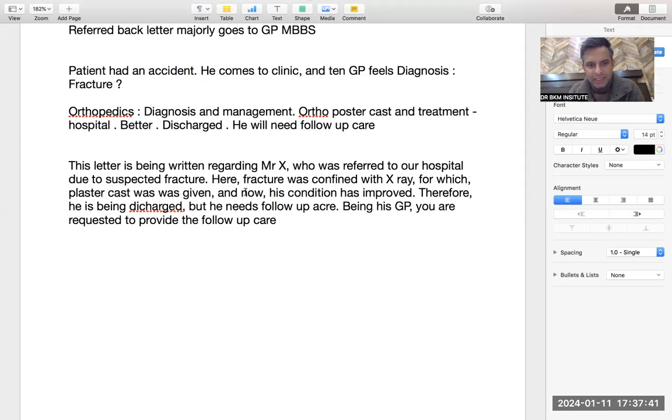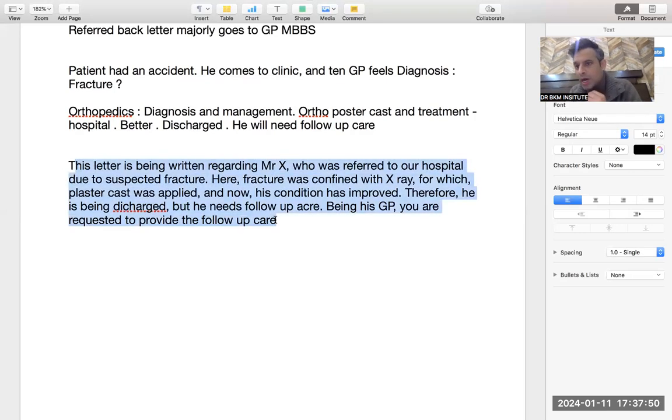So this is the main thing that I want to teach you: when it comes to an OET letter, the major thing is the purpose. If you write this first paragraph well, you are all good to pass. Now, in this kind of letter, obviously the word count would be more.